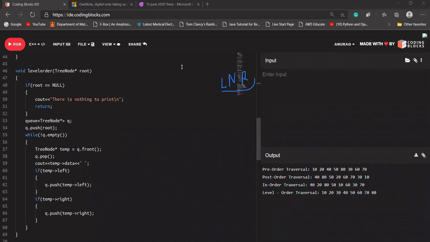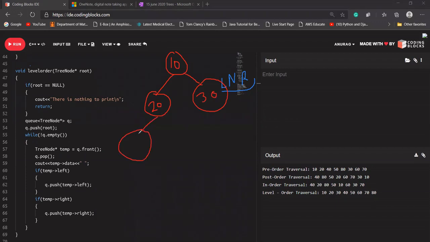Okay, so how is our tree looking? The 10 is present here, 10, 20, 30, 40 is here, 50, 60, and 70.